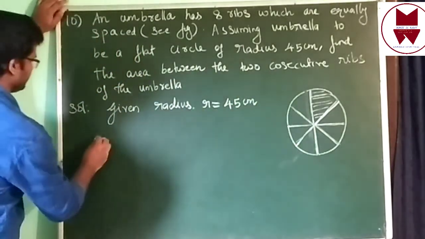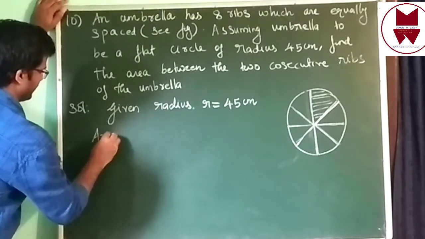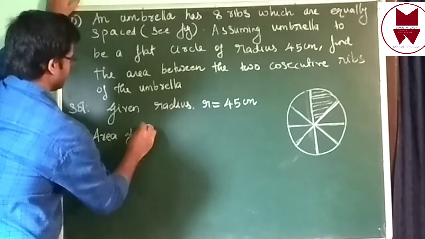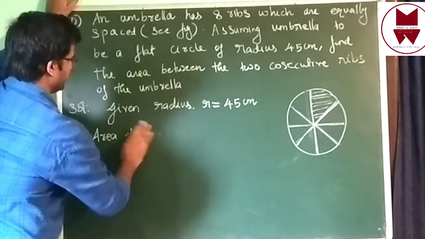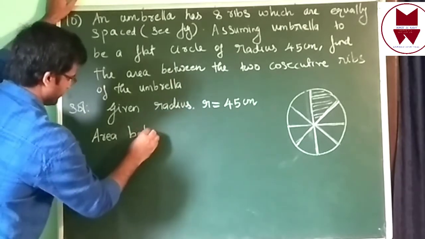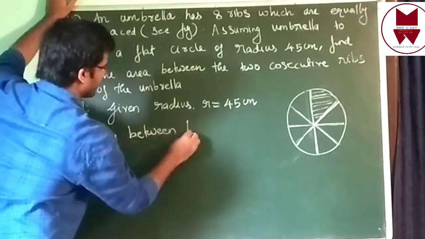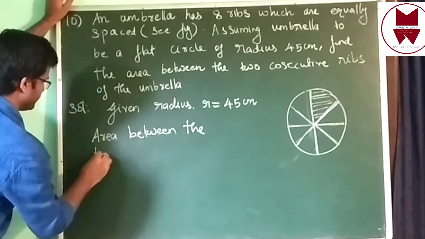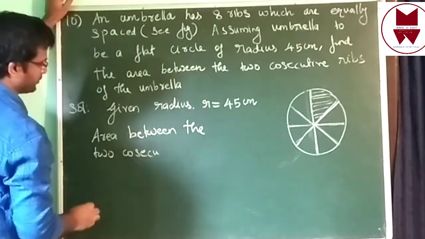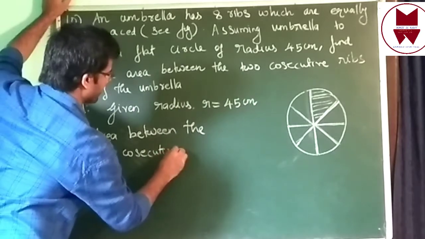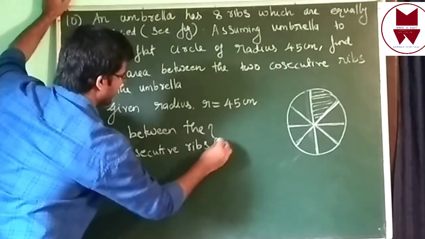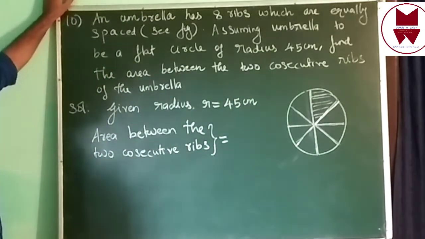Then area between the two consecutive ribs. Area between two consecutive ribs, we can write